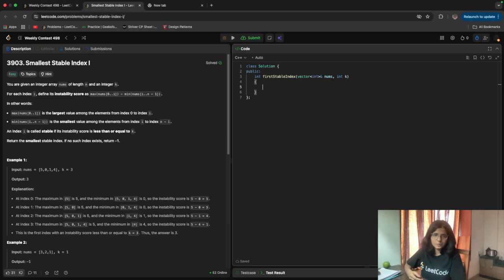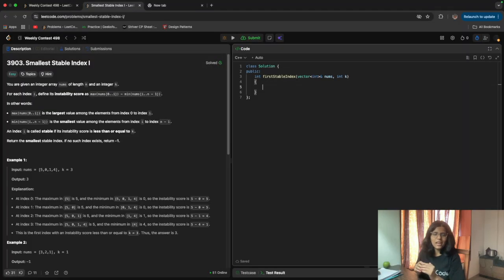Or we can use the inbuilt functions max element and min element. We'll do both. First we will use the for loop and submit it, then we will use the inbuilt function and submit it.